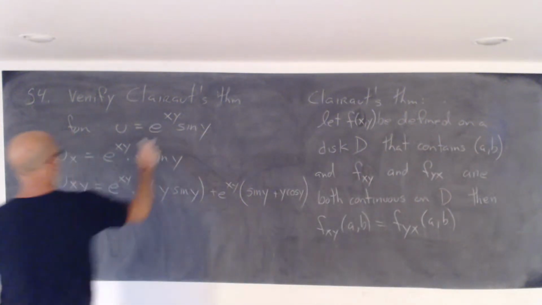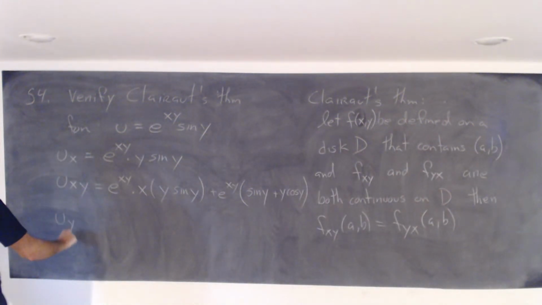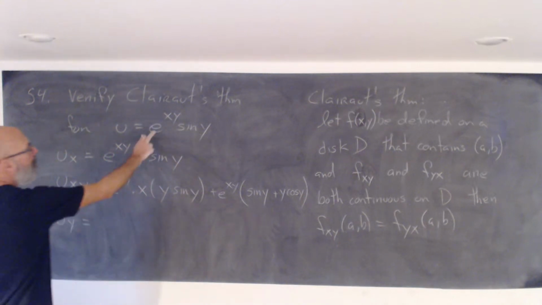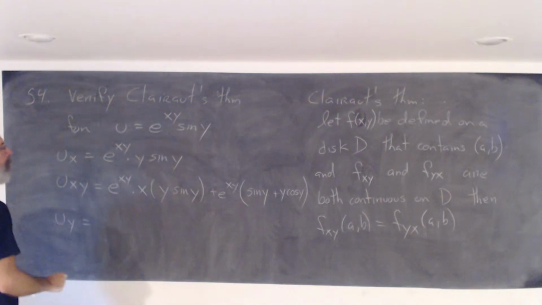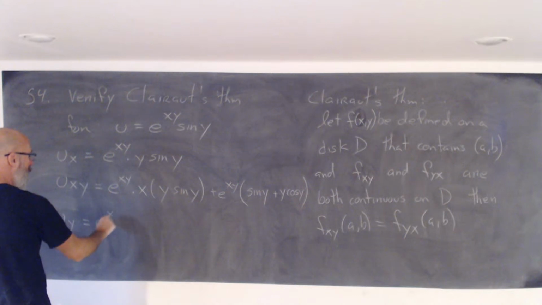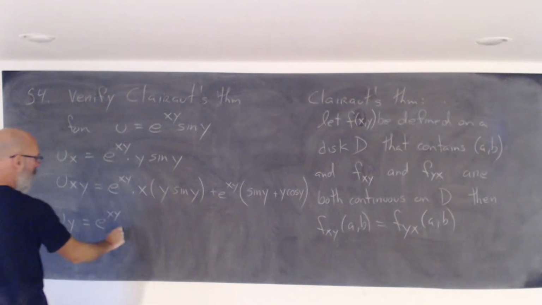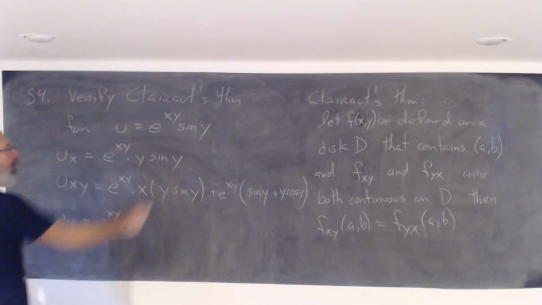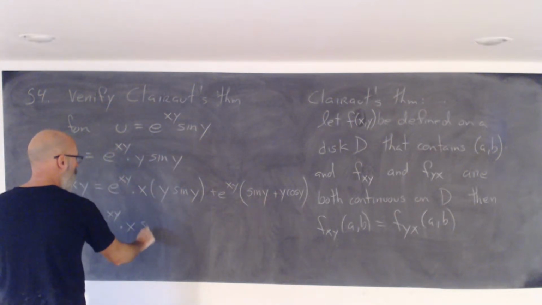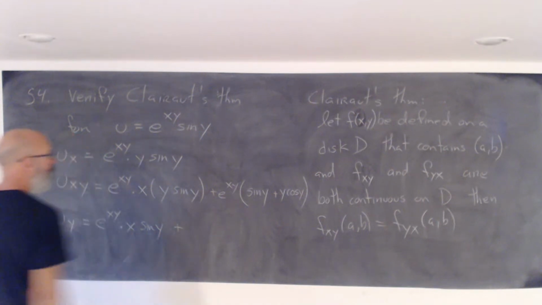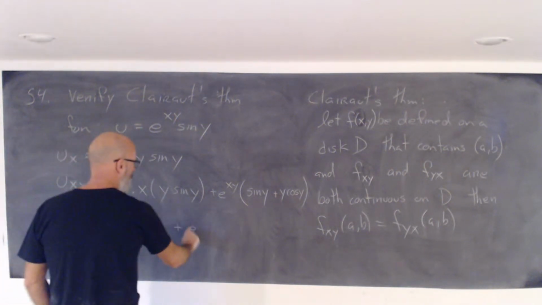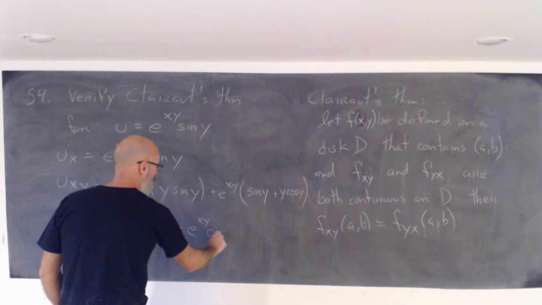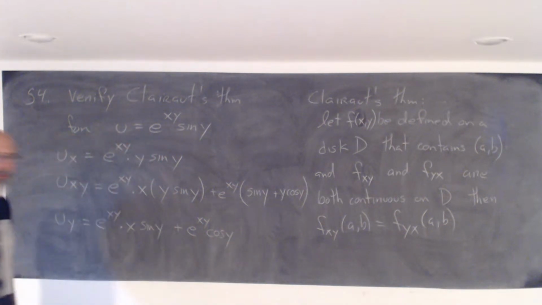And now if you differentiated this with respect to y first, it's a product. So product rule applies. Derivative of the exponential is this times the derivative of the inside, you get an x, leaving sine y fixed, plus leave the exponential fixed, differentiate the sine, and you get a cos. Finally,